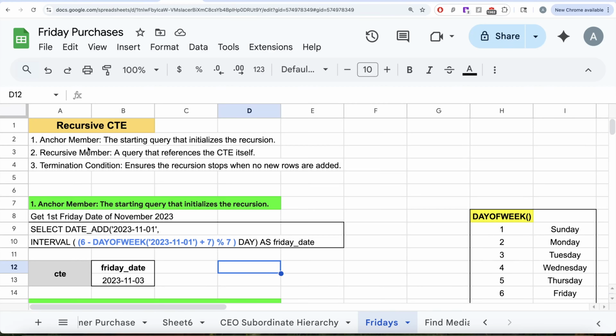There should be an anchor member. That means where you are starting your query. Then you need to have a recursive member, basically which references itself. And then, obviously, since you are repeating the same thing again and again, you need to have a termination